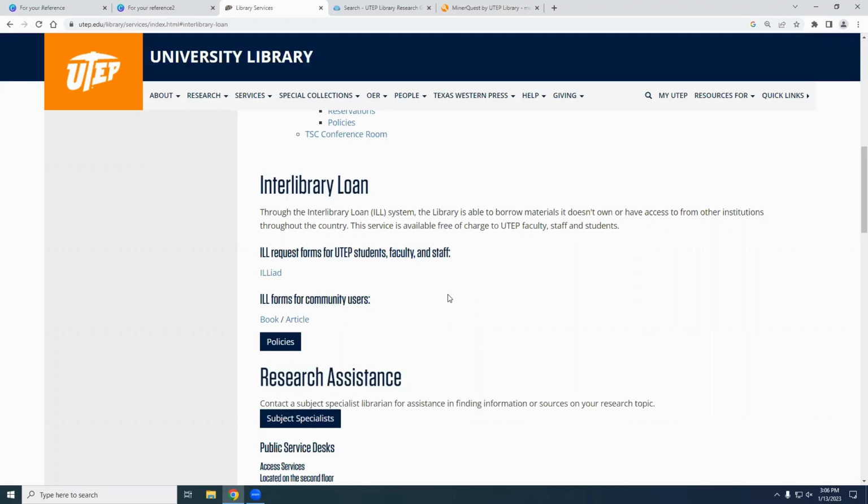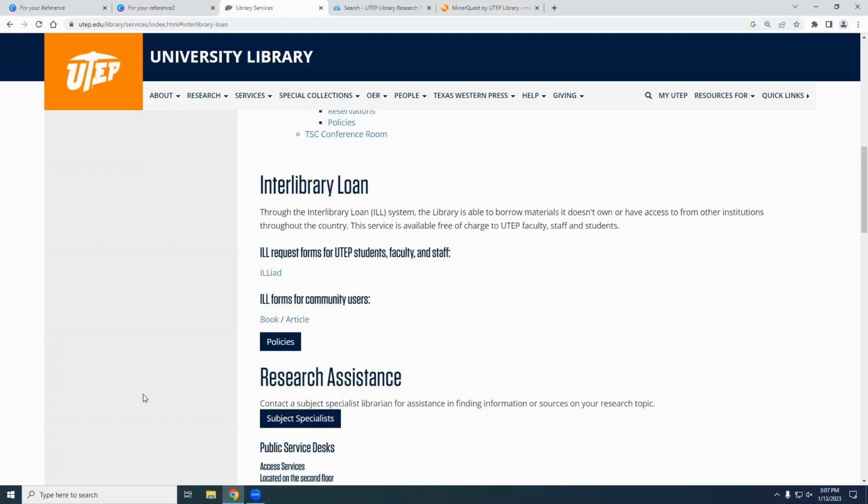Always be requesting your stuff in advance because, like I said, if it's libraries all over the world, if it's a physical item and they have to ship it to us, it's going to take a minute to get here. It will not poof here like that. It's not Amazon. But what's cool about it is we can get you anything from anywhere. And one thing about this is that it's free of charge while you're a student. So you really want to make sure you're taking advantage of this.